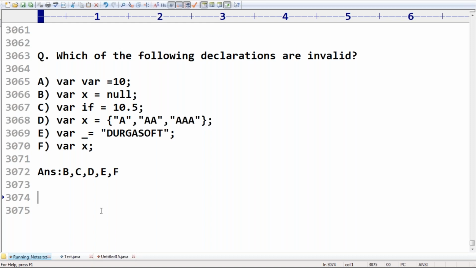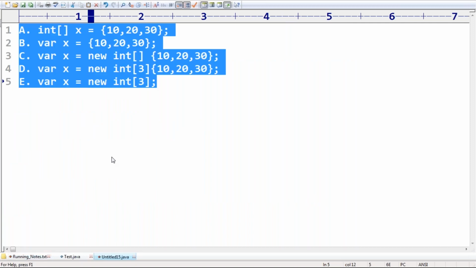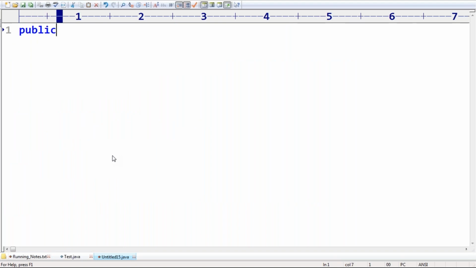Now I'm trying to take: which of the method declarations are valid? My method declarations are public void. Here, public void m1 of var x I'm trying to take.